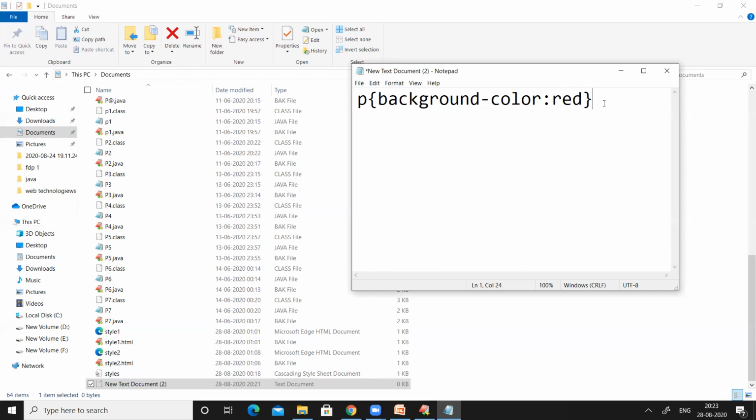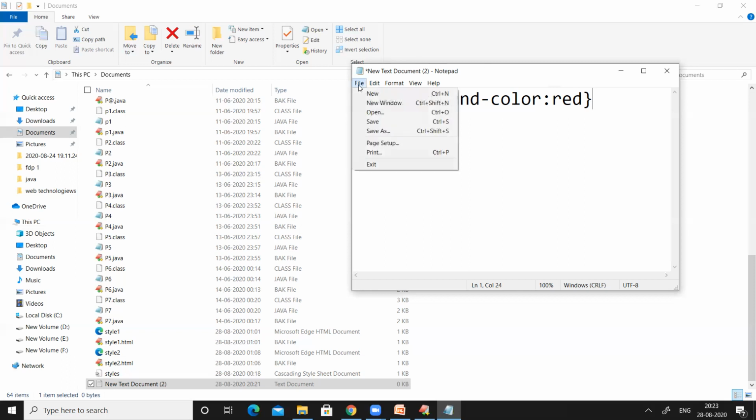Now I just want everyone to know the process of how to write CSS code and how to link this particular CSS document to our HTML document. So if all of you are aware of how to write CSS, how to save CSS, and how to link CSS to our HTML document, then we can apply more styles. That is not a problem, right?